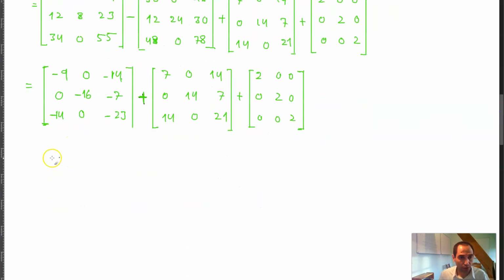Okay, so now we need to add all of these together. So -9 plus 7 is equal to -2 plus 2 is equal to 0. 0 plus 0 plus 0 is equal to 0. -14 plus 14 plus 14 is equal to 0. 0, 0, 0 is 0. -16 plus 14 is -2 plus 2 is 0. That is again a 0. That is again a 0. That is again a 0. So -23 plus 23 is 0,